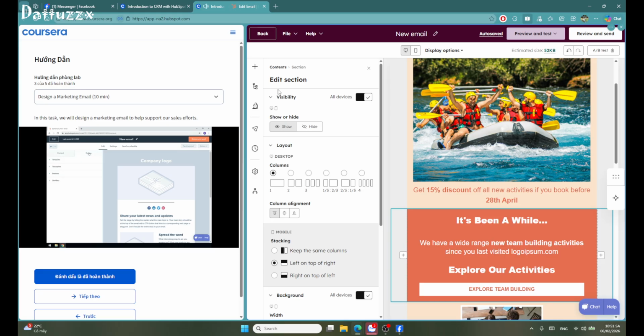All right, so then the next portion over here is design, and this is more focused on colors and text styles. We can add different buttons and change the colors, add dividers. So two very different tabs, but both equally important to getting this email to look the way we want it to. So the next thing I want to show you is if we click on an image,